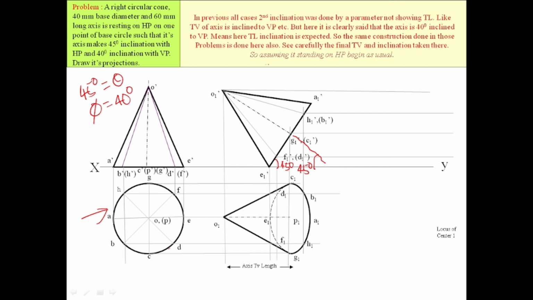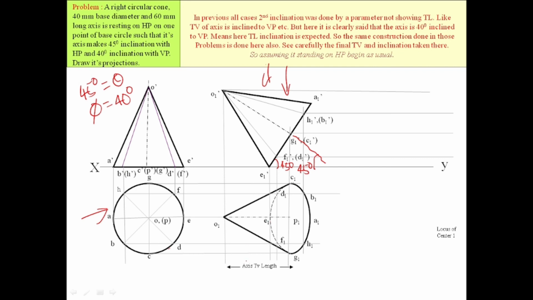Here in the top view we can see that some points are invisible. That means point E is invisible. Here the outermost portion must be in thick line. Then we can see that point E is invisible, so that portion must be in broken line. The points other than the outermost portion of the solid must be in broken line.